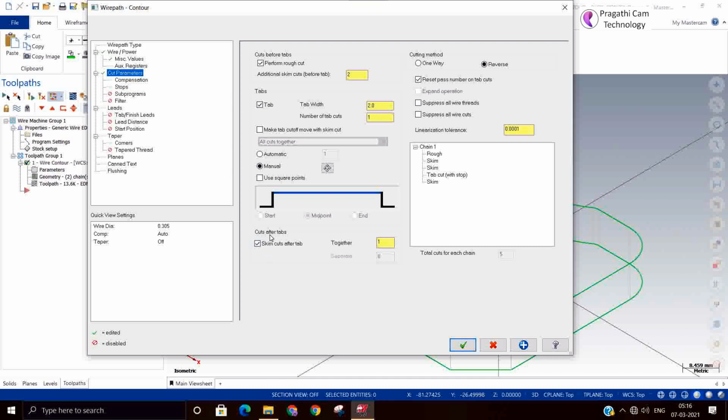You can say that this is a together cut. Rough cut is on one time, then later is the skim cut. This skim cut is for the final cut. It removes all the things together. That's the reason it's called the together cut. So first is rough cut, then skim cut.